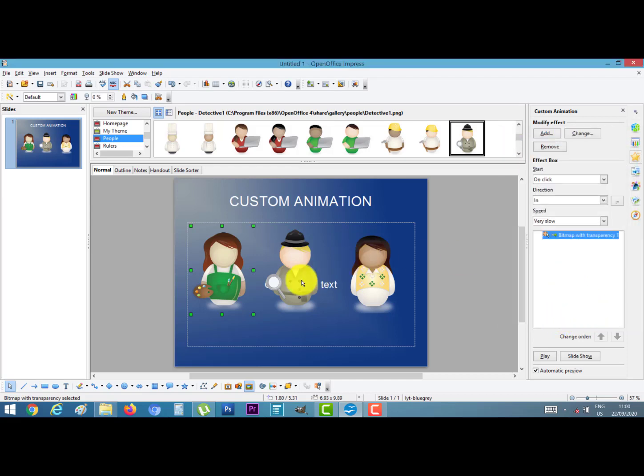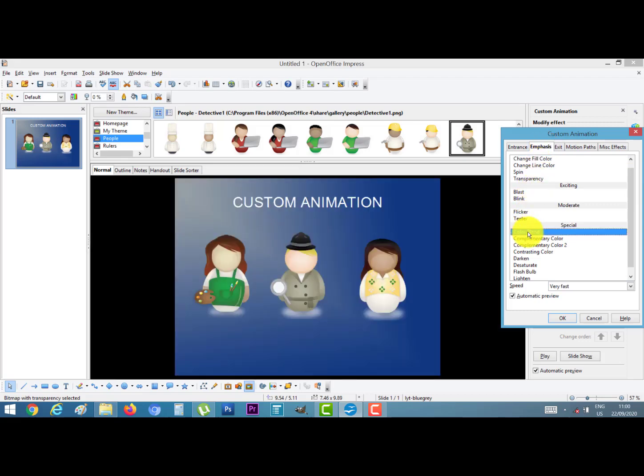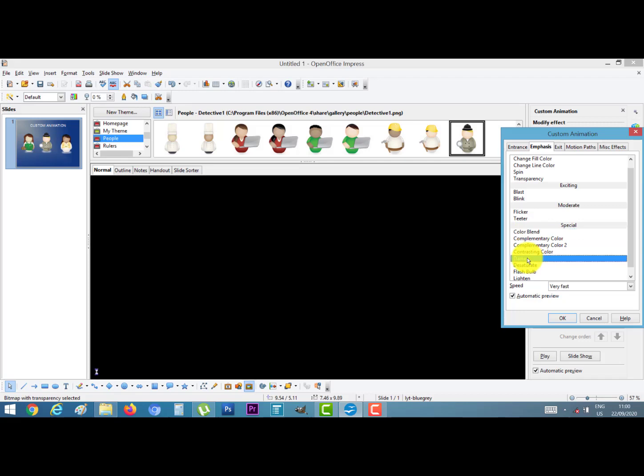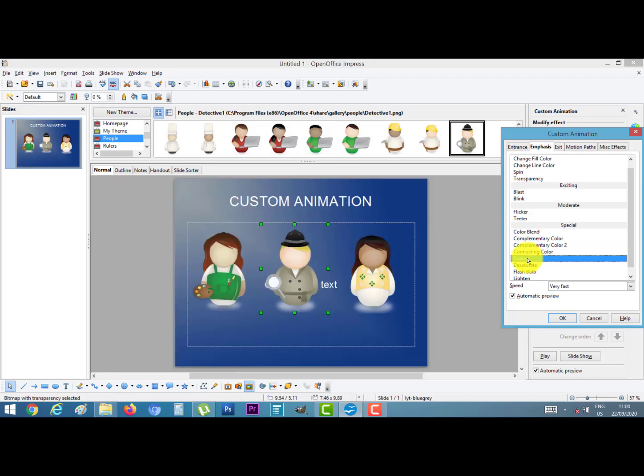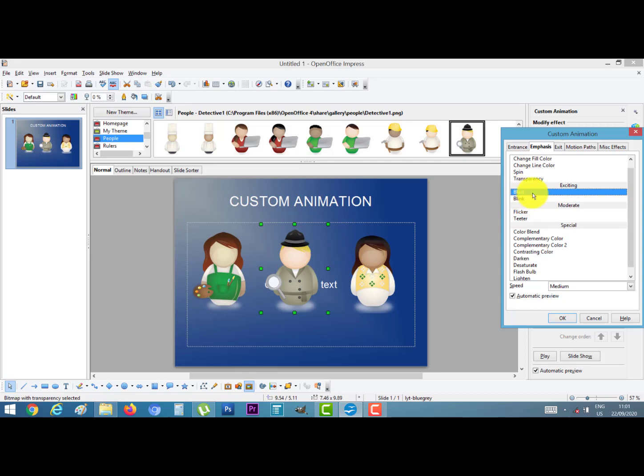Now select the second object, click on the add button, emphasis. Suppose I select blast and for speed, I choose medium and click OK.